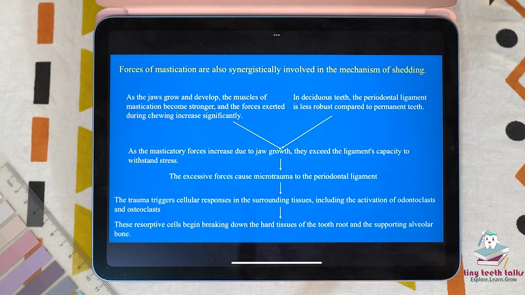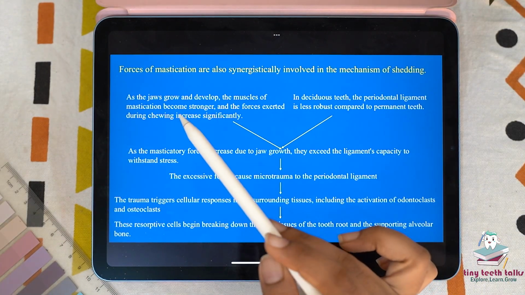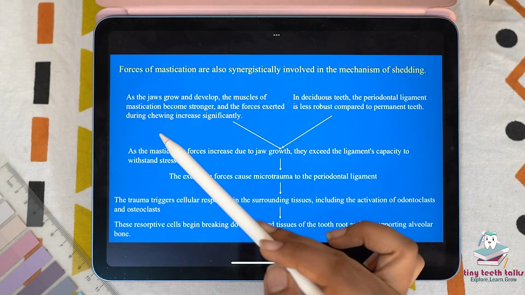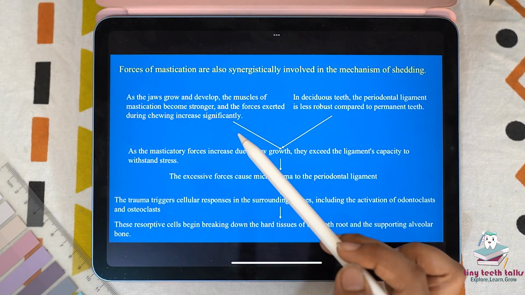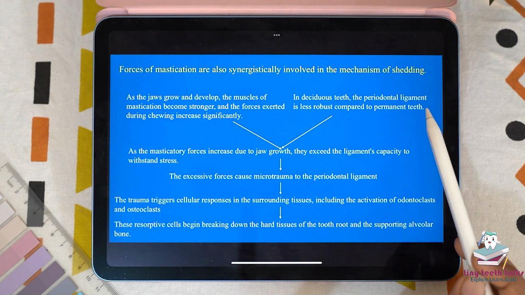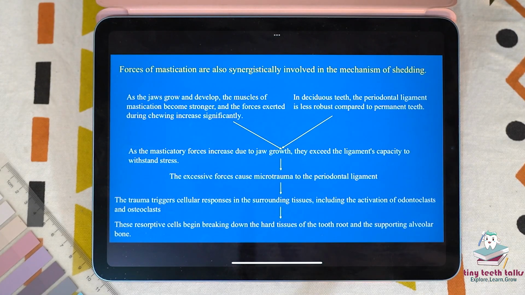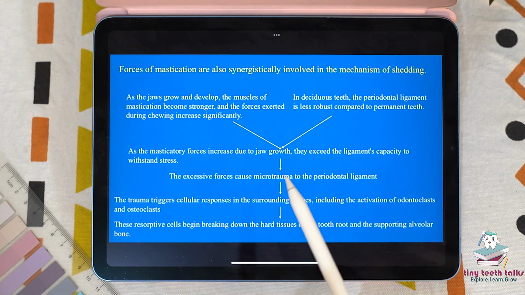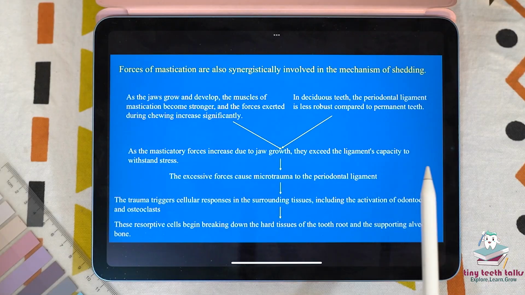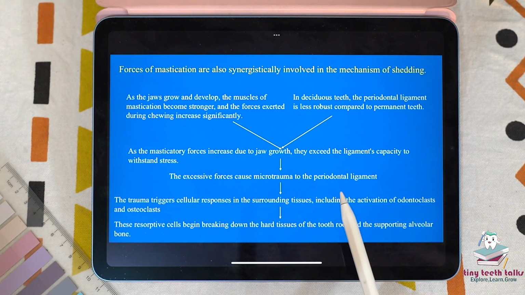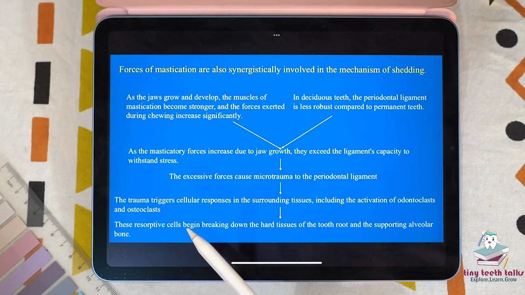Forces of mastication are also synergistically involved in the mechanism of shedding. As the jaw grows and develops, the muscles of mastication become stronger and the forces exerted during chewing increase significantly. Also, in deciduous teeth, the periodontal ligament is less robust, less strong compared to permanent teeth. As the masticatory forces increase due to jaw growth, they exceed the ligament's capacity to withstand stress. These excessive forces cause microtrauma to the periodontal ligament, and this trauma triggers cellular responses in surrounding tissues, including the